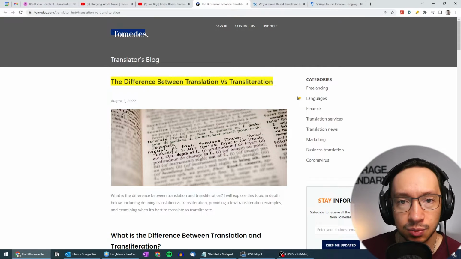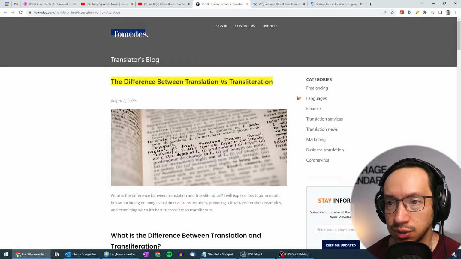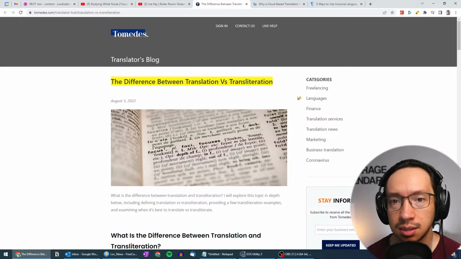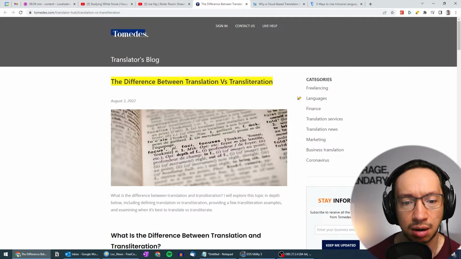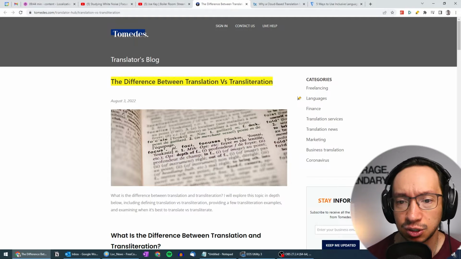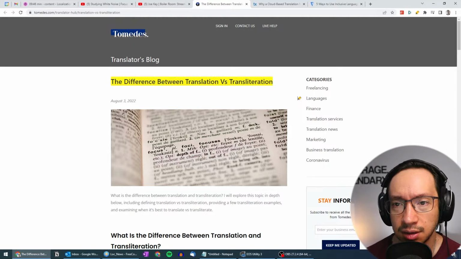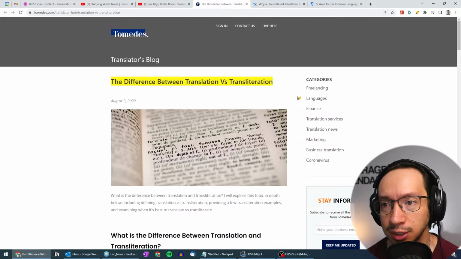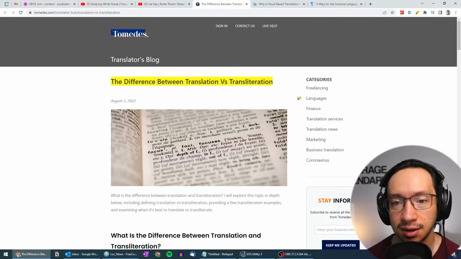So before I hit the recording, as usual, I went through the articles. I highlighted some things that I want to read to you. I think the first 2 articles, I probably won't have much to add. Even to the third one, I probably won't have much to add because the first one and the last one were articles where I didn't know much about it. Like, I don't know what transliteration is. I don't know much about inclusive language and how to write it.